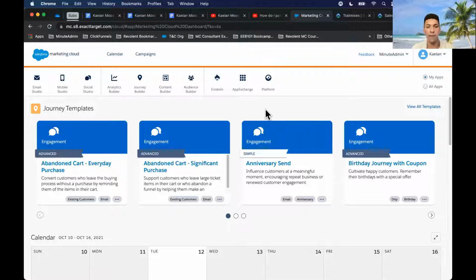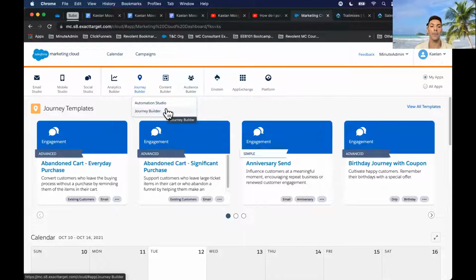So pretty much everything that I just mentioned is going to be found within either Email Studio. That's where you can come in here and create your emails. You can create data extensions. You could also come into Contact Builder and create data extensions. You have Content Builder, where you can create your emails right here. You have Journey Builder, which actually holds Automation Studio and Journey Builder underneath the same area.